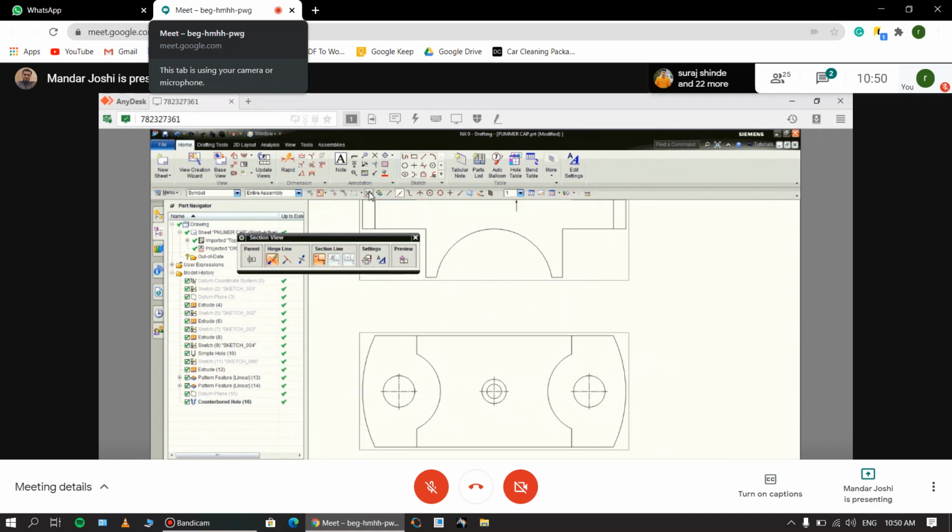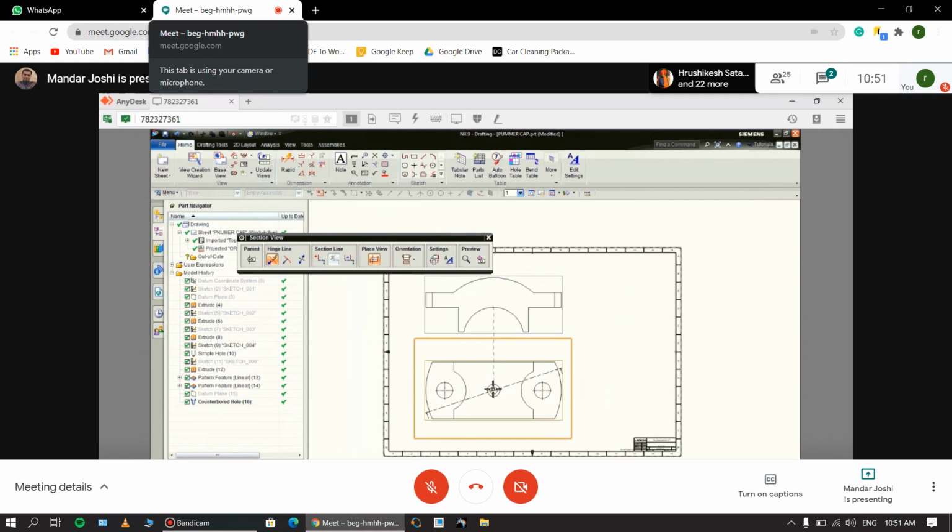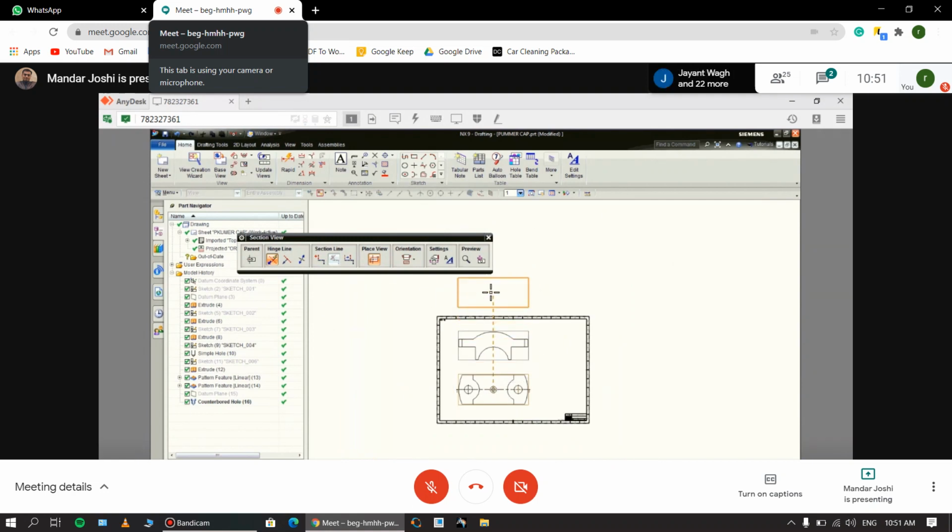I think it is not activated. Activate all snappings here. And then click on this. After that, move your mouse to the top side. It shows the message.